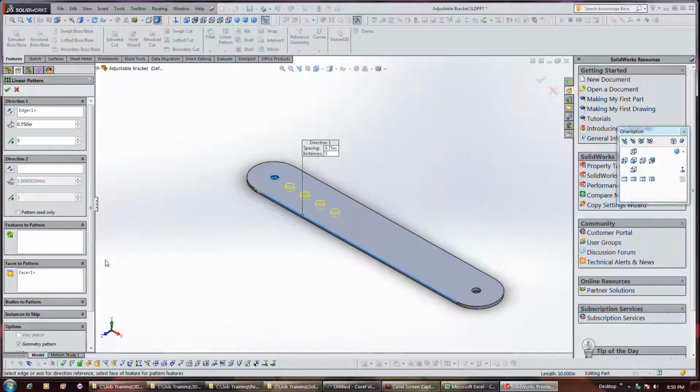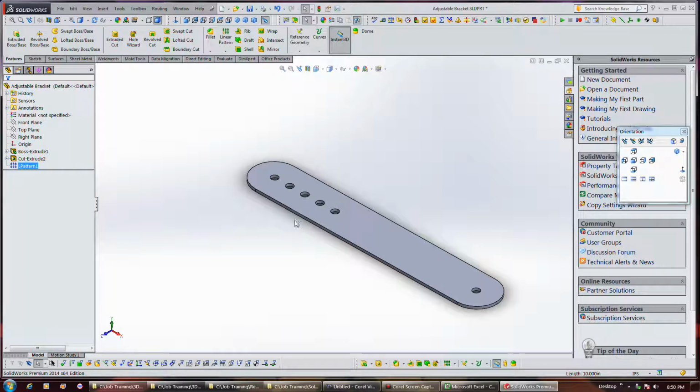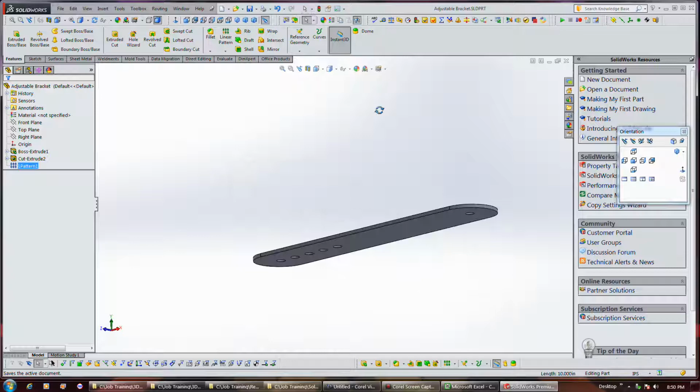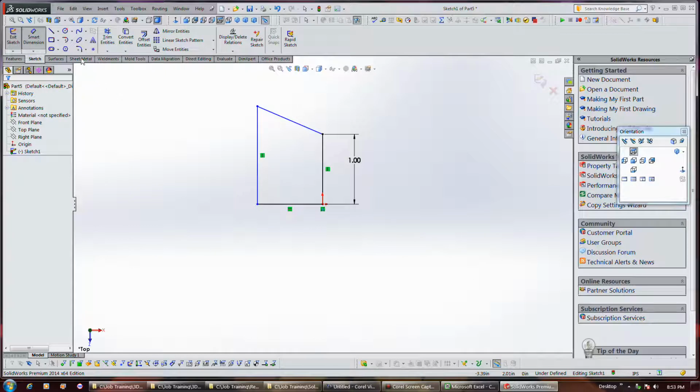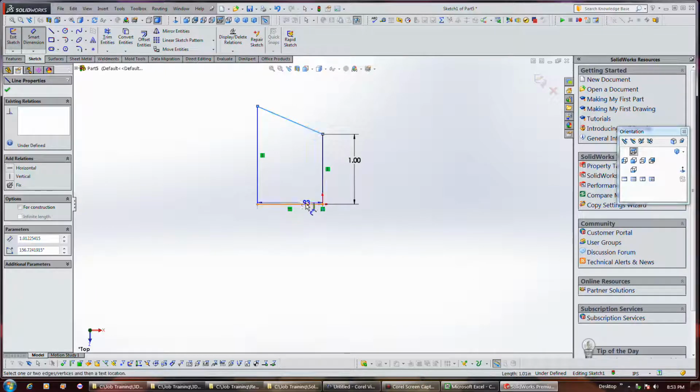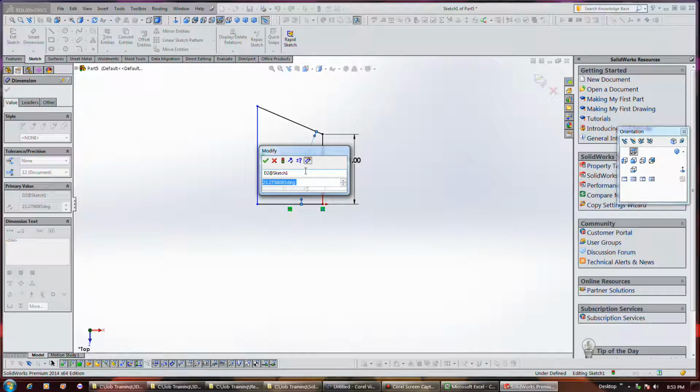So we just have to click on that, and then voila. There's our hole. Apparently you can draw angles too by doing that. I don't know how it works, but